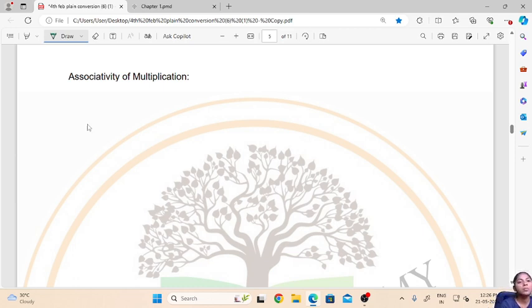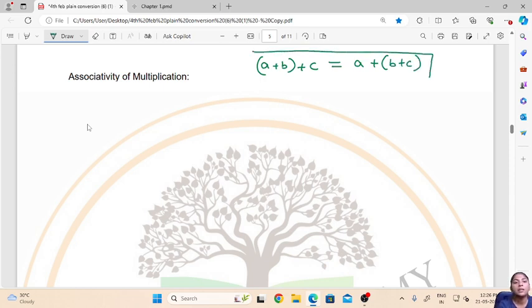Now for addition, we have seen that (a + b) + c was equal to a + (b + c), right? We have already learned this. Now let us see if this property can be true for multiplication too. So if we have any three integers a, b and c,